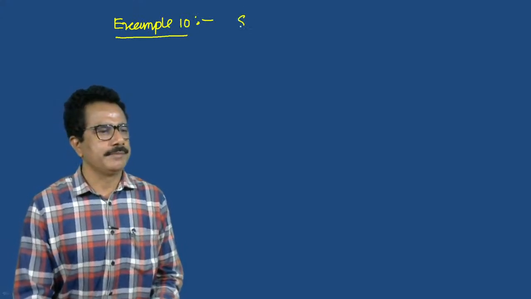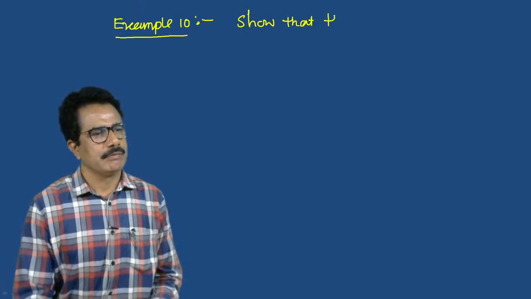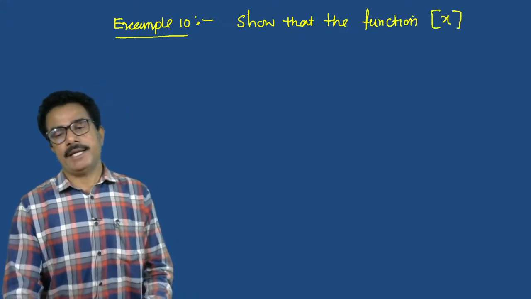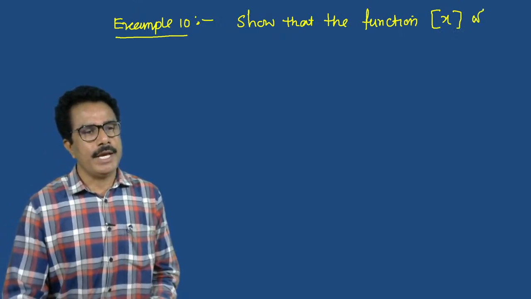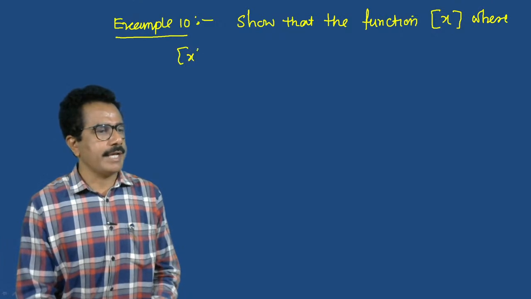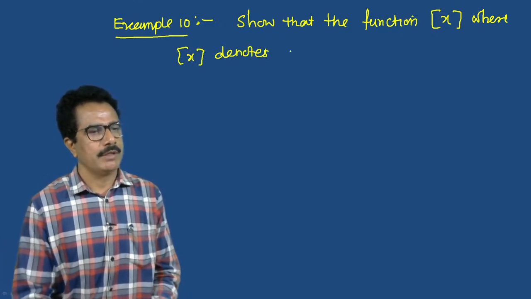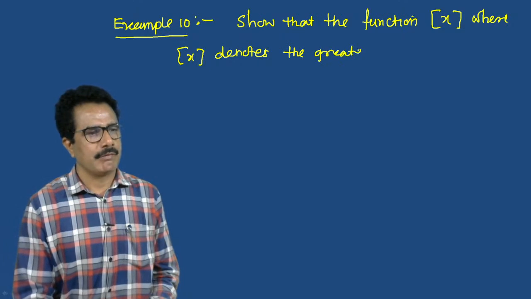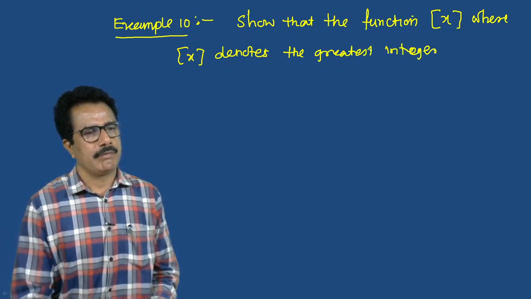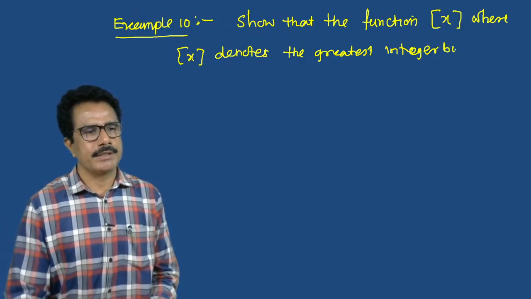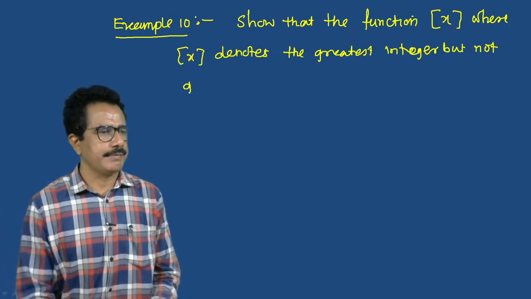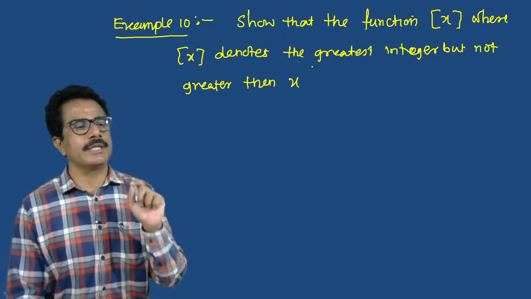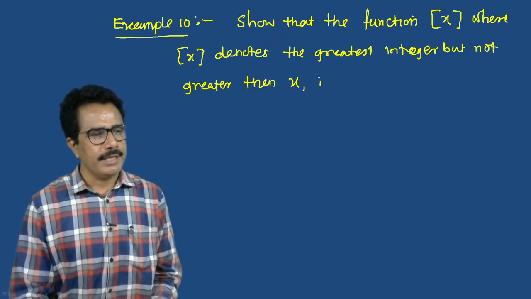Show that the function box x, call it box x, greatest integer but not greater than x, where box x denotes the greatest integer but not greater than x, is